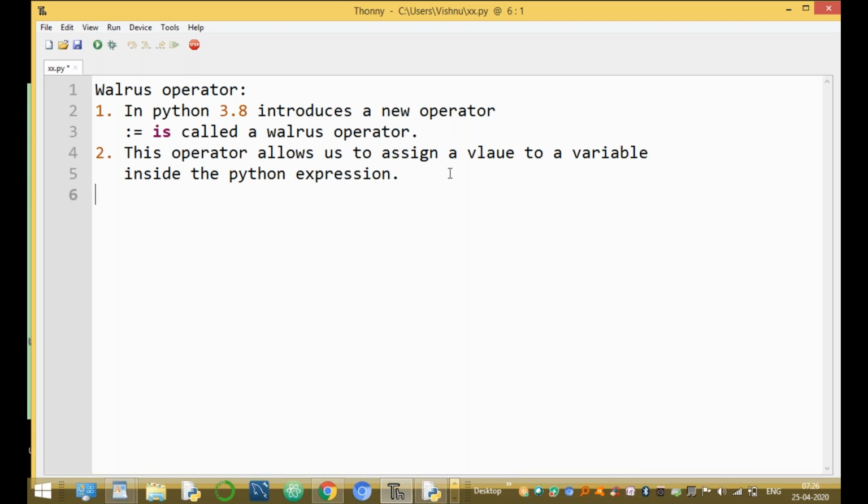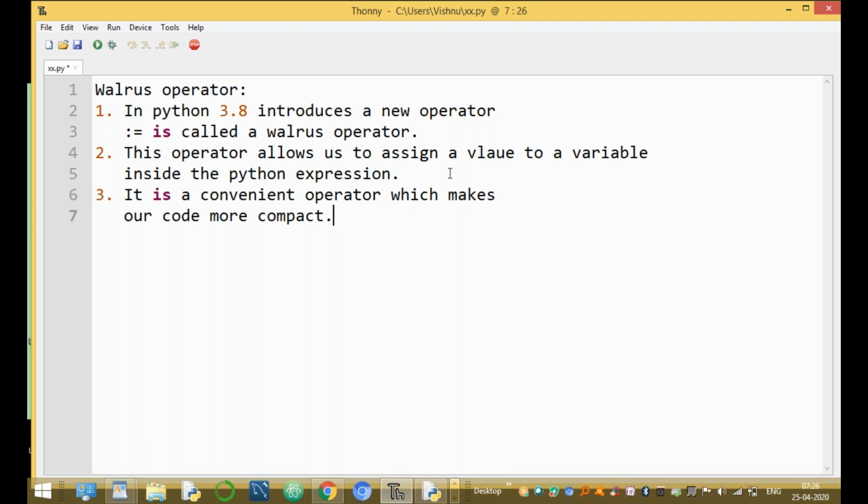And the third very important point is that it is a convenient operator which makes our code more compact.